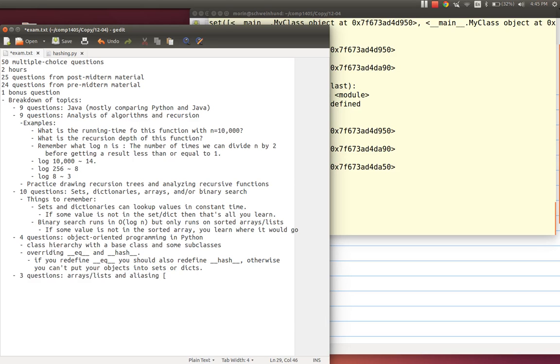Aliasing is A is B versus A equals B. So aliasing is what happens when you create some array A and you say B equals A. Then it's called aliasing because A and B are both aliases for the same array in memory. So it's just 2 different names for the same thing. If you change A, you're changing B.